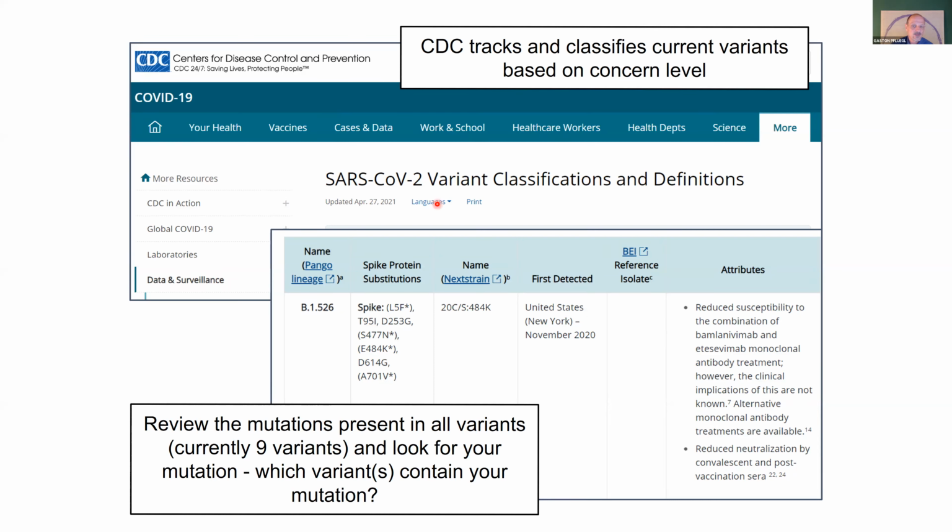I think it looks a little bit different now, but here is the variant name, where's the mutation, and then you can look whether your mutation is there. These are lysine, phenylalanine, threonine, isoleucine. So these are the single amino acid codes. So you're going to look for yours, and then you report out.